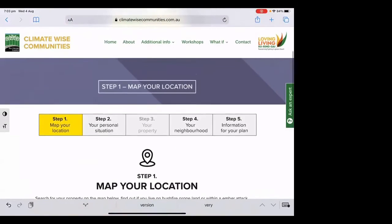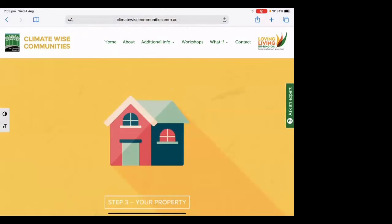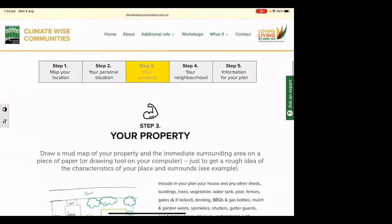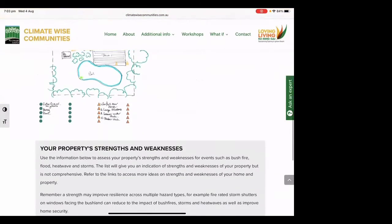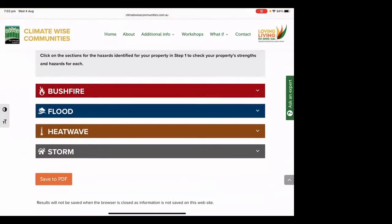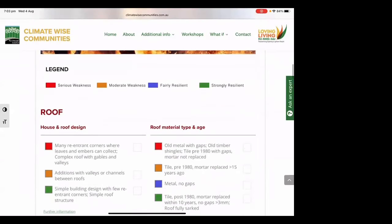Okay, so we skip through to step 3 of the rate check tool. Now, by all means, you can do step 2 as well, and this whole website will help you do your extreme weather management plan as well. That's the whole intention of this website, but we won't cover that tonight. That's for another workshop. So with this tool, if you know that you're bushfire affected or at risk, you can do the bushfire one. Click on that, and the color coding here